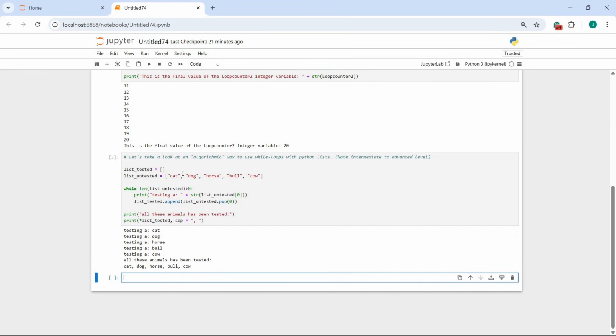And here we can see that the first animal was a cat, and it was tested. The second animal was a dog, and it was tested. And here we can see the new list of tested animals. And here you can see one of these ways to abstractly address a collection, because here we only talk about the length of this list. And as we test it on every repetition of the loop,